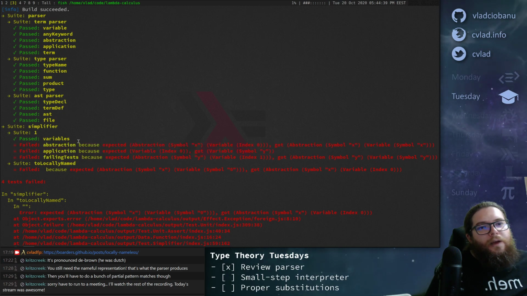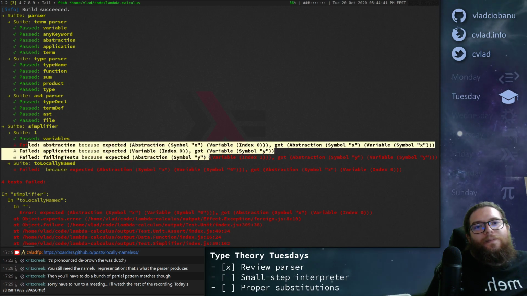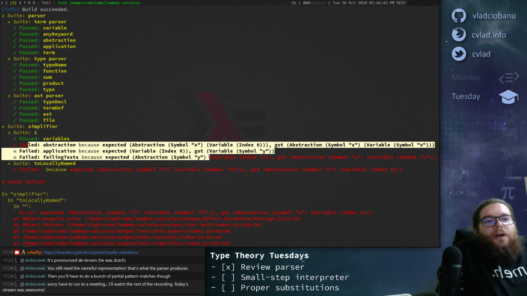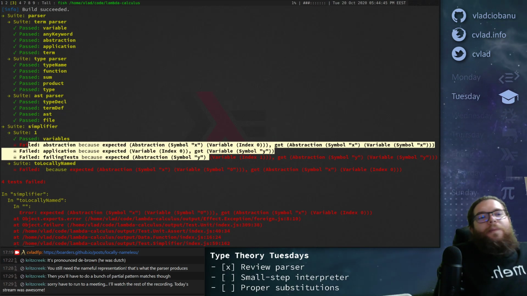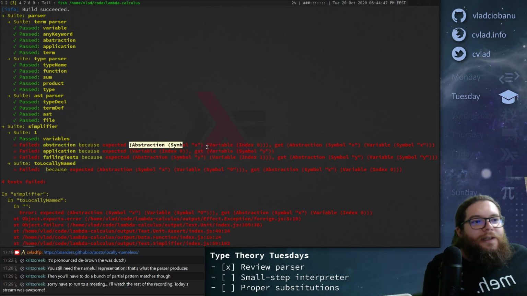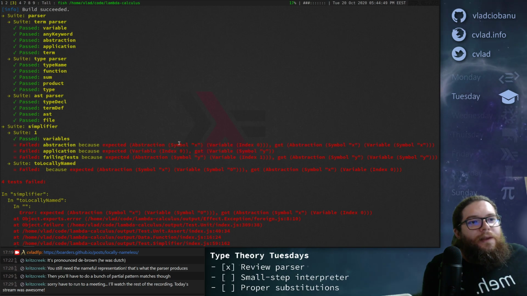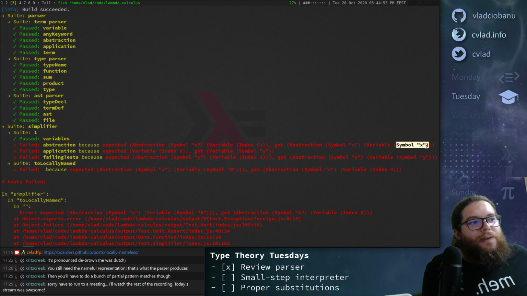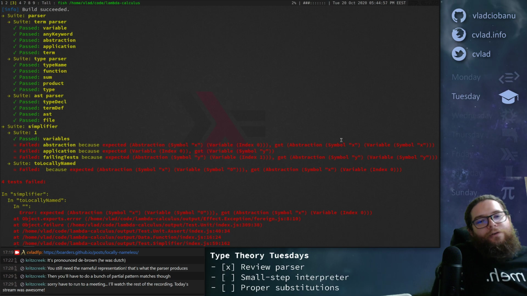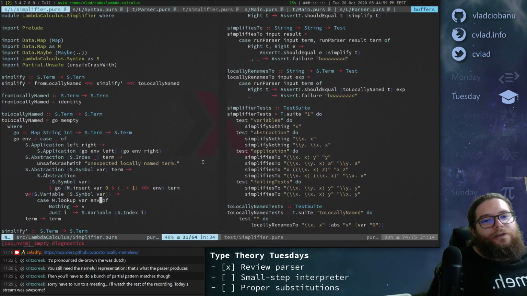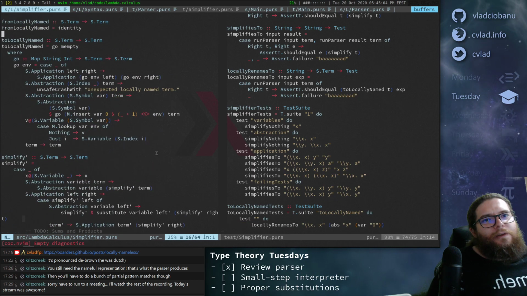Okay, so now our other tests fail because we don't rename them back, right? For example, we're expecting to get symbol x variable index 0, what we got was symbol x variable symbol x. So we need to go back and rename them, so we need to write the other function. But this test succeeds, so I think I want to fix that first.